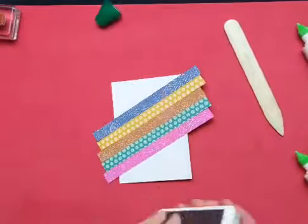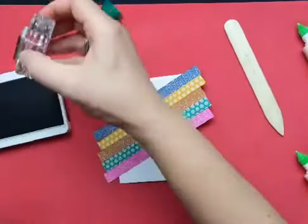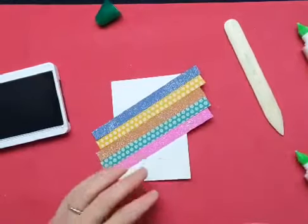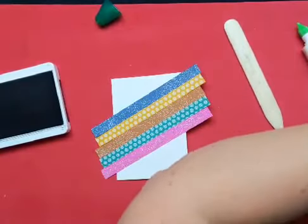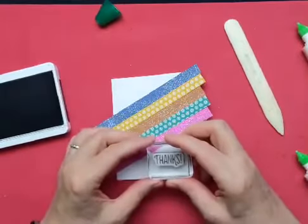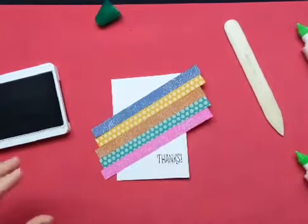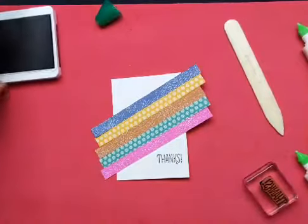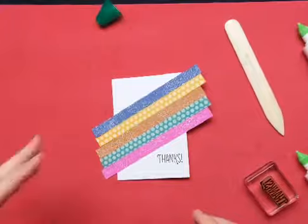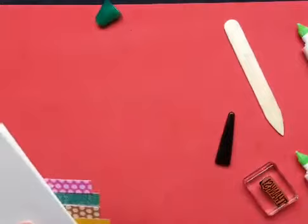While the glue's drying, I'm gonna go ahead and stamp quickly on something to see how this looks this morning. Alright, hopefully that's straight. If my nugget gets in the way, I apologize. There it is. One card is done. Just take your trimmers